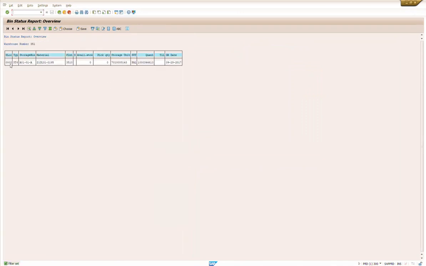And there we go. It's in storage type 2, same storage bin, same storage unit. All we've done is just flicked this switch here, metaphorically, to change it from storage type 1 to storage type 2 for sample stock. So let's